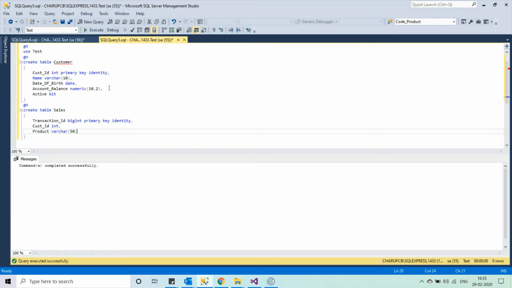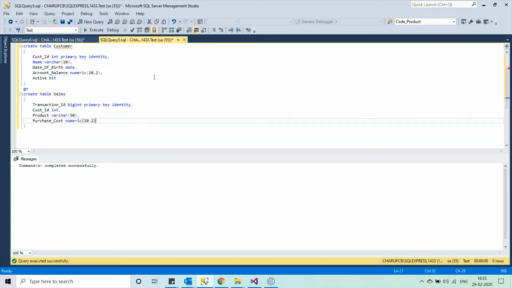Then, okay, so cust ID, product, and what else, purchase cost. We can say how much cost the customer has purchased. Then we'll go for the next column, that will be a purchase date. We can say new column. Okay, so that's it. We'll create the sales table, and we will execute it